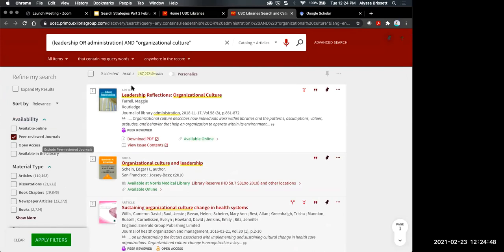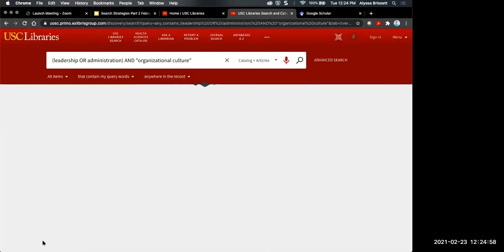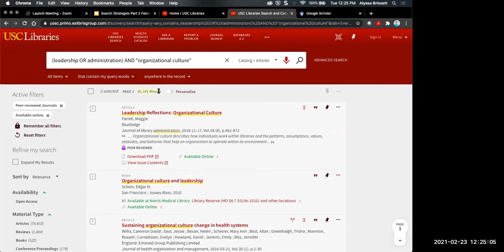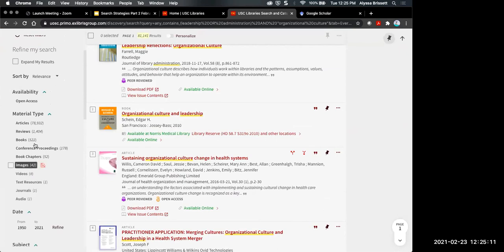Right now I have 187,278 results. I want things that are peer-reviewed. I want things that are available online. Those are probably the more commonly used filters, because you want things that are easily accessible. So applying those filters will narrow down my list. So now I have 81,000. And then you can see, further down, you can